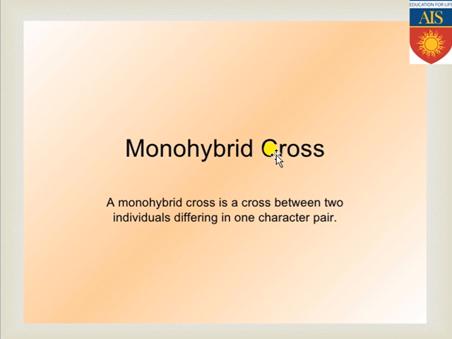Next we are going to the types of cross. We are starting from here. Mendel performed the cross, which one at first? That is the monohybrid cross. What is that? From the terminology we can understand: mono means single, and hybrid means a single gene with its 2 allelic forms getting crossed and new hybrid progenies taking birth. So this is a type of cross where individuals containing one specific gene with its 2 alleles are taken, reproduction is performed between them, and hybrid, heterozygous individuals take birth. This kind of cross is commonly known as monohybrid cross.